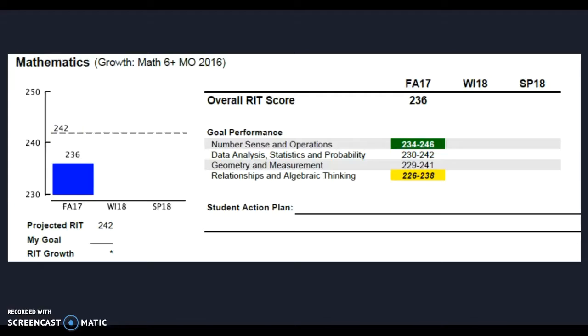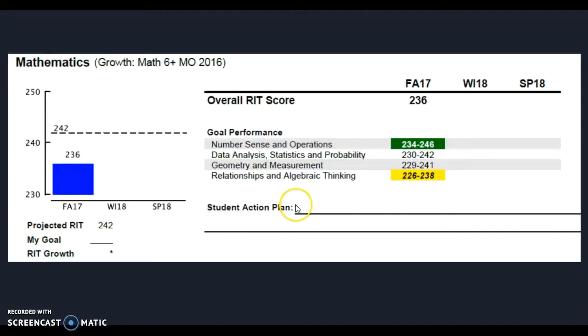What I want you to do at this point is record what you want your goal to be under the student action plan. We're actually going to write more than one thing there. Under that, you would say something like, my goal for NWEA math winter assessment, because winter is our next one coming up, is blank. For this individual, they might set a goal of 245 or even 250. So that's the first thing that I want you to do.